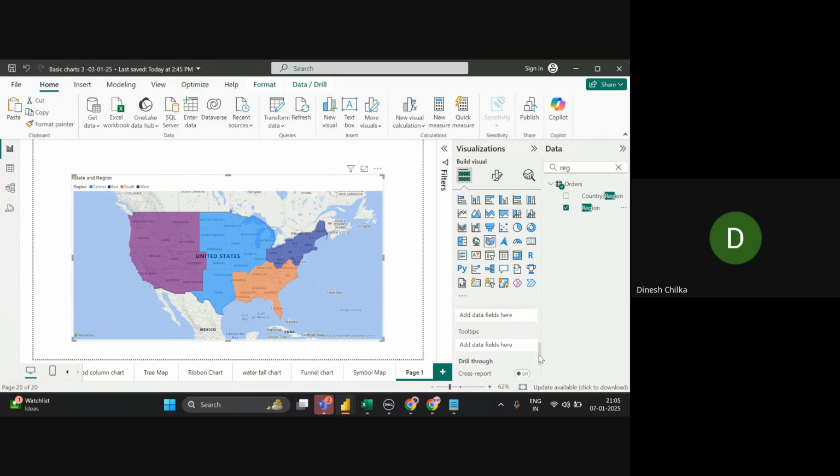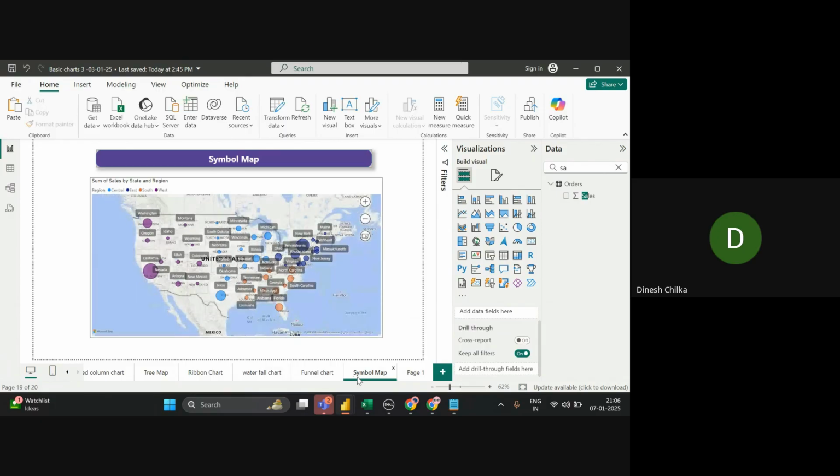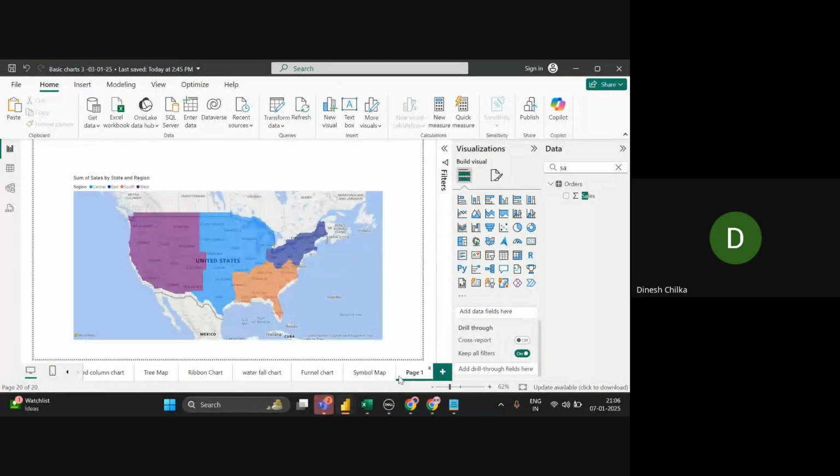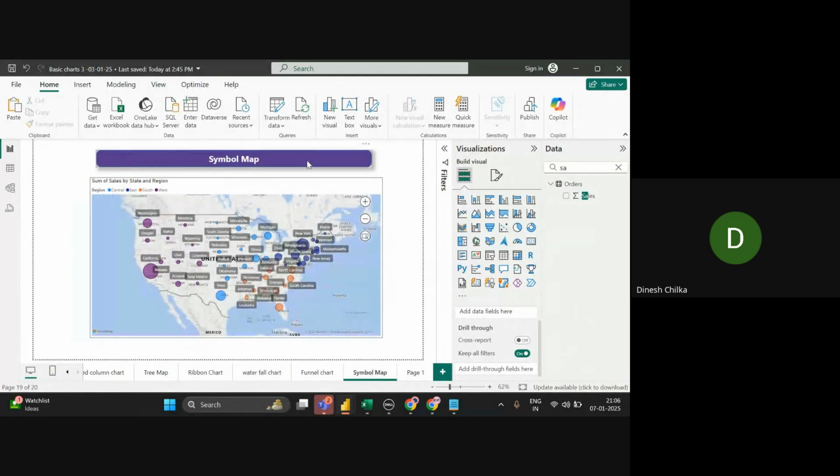Now the tooltip. What we can showcase in the tooltip? You can showcase the sales in the tooltip. And whenever you put the cursor, it will showcase the sales, state, region. So what is the difference between the symbol map and the field map? So what I'll do now, I'll use this, copy,